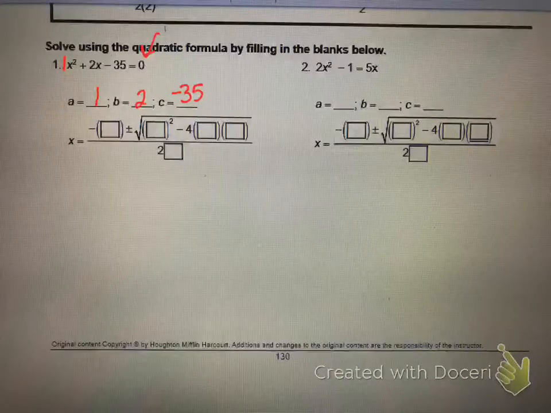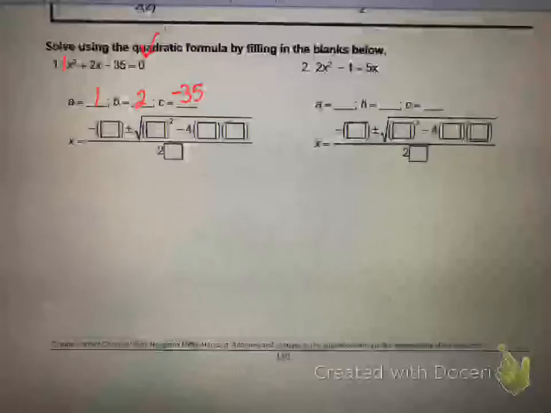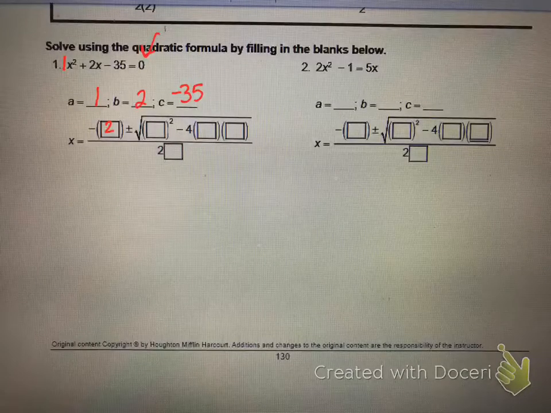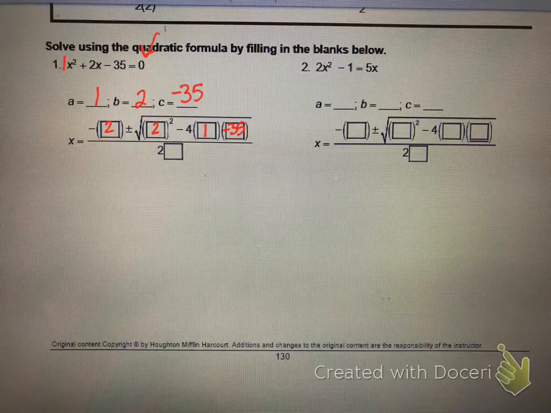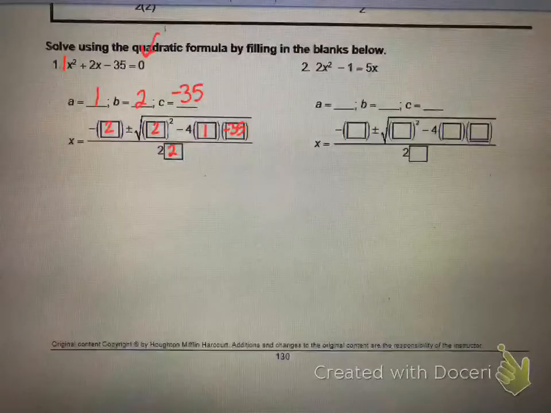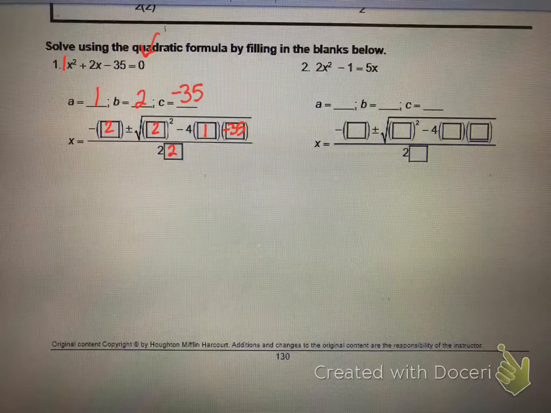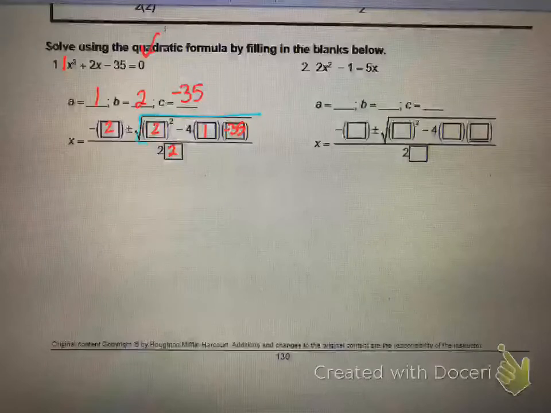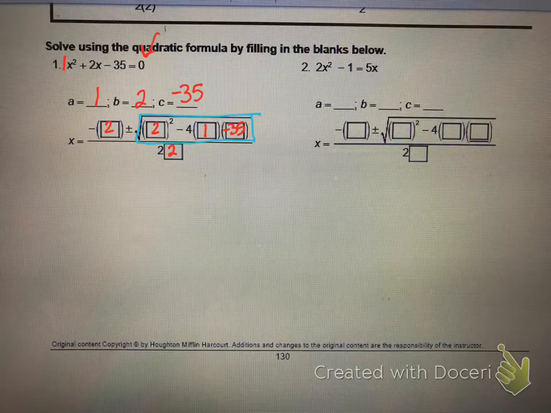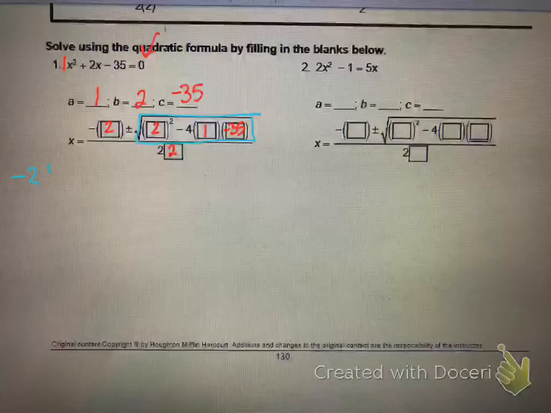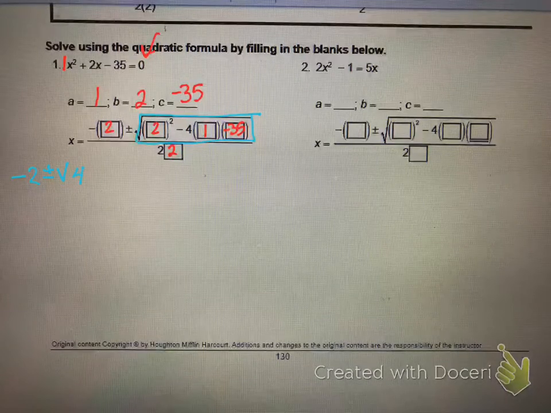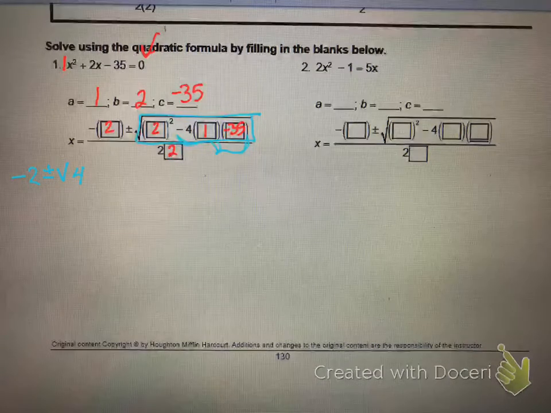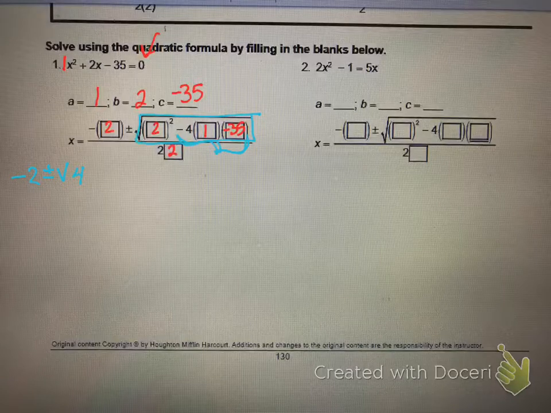The quadratic formula is located at the top of the page. So I have negative b plus or minus the square root of b squared minus 4 times a times c. All of that is divided by 2 times a. So now what I want to do is simplify what's inside my square root sign first. So that's simplify all these numbers first. So I'm going to bring down my negative 2 plus or minus the square root. Then I have 4. When I multiply these three together,